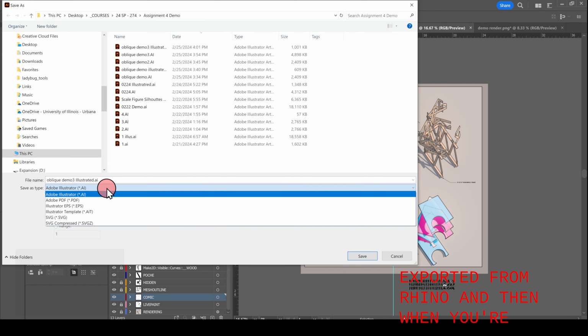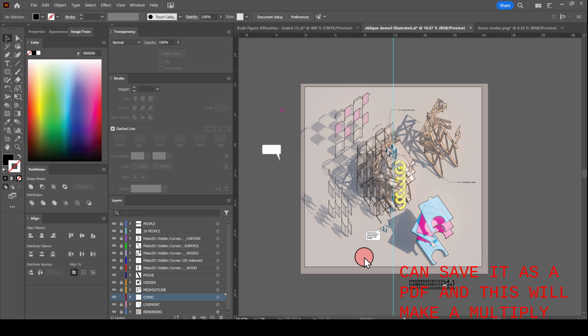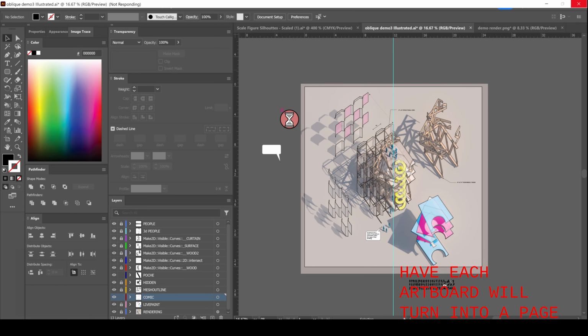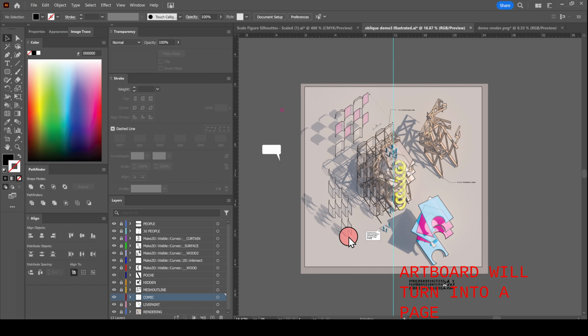And then when you're ready to print it, you can save it as a PDF. And this will make a multi-page PDF based on whatever artboards you have. Each artboard will turn into a page. And you don't need to mess with any of these settings, just hit OK, and that will save us a nice PDF,